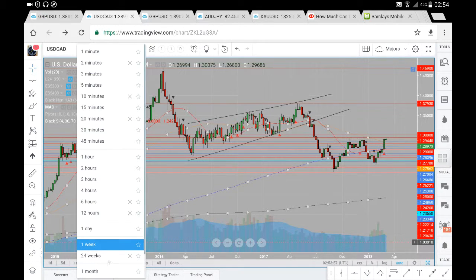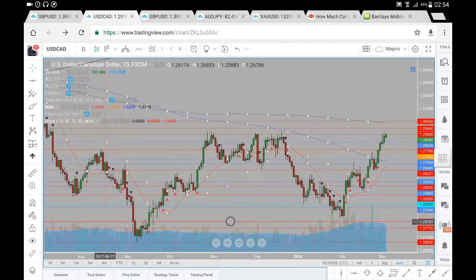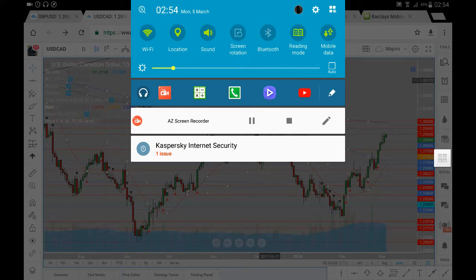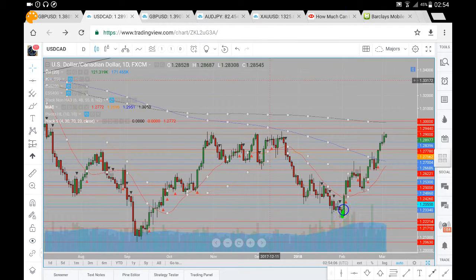Now, if we have a look at the daily chart, and on the daily chart, which we previously looked at, we did see it move upwards, brief pullback, held support, move upwards to the 200 period average, brief pullback down towards that 26.22. And again, we've seen a very strong, consistent trend here on the US dollar CAD. We've had so far